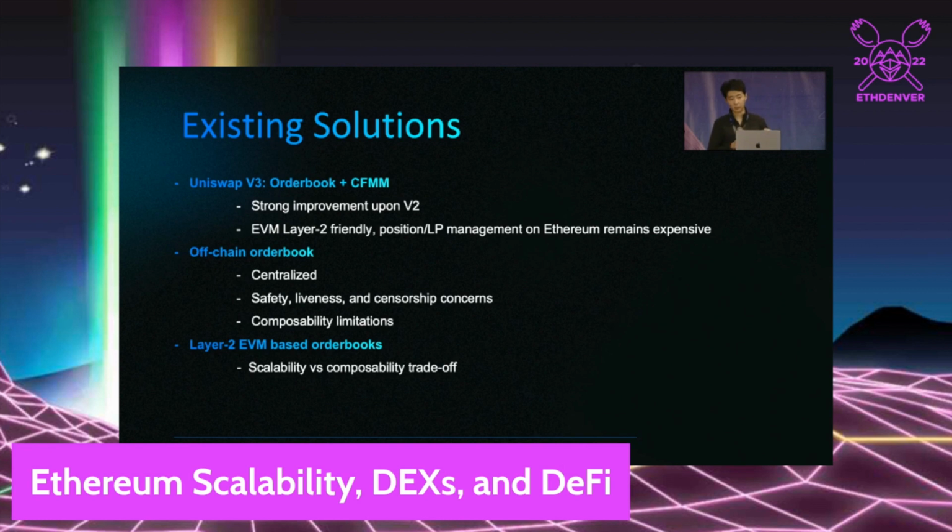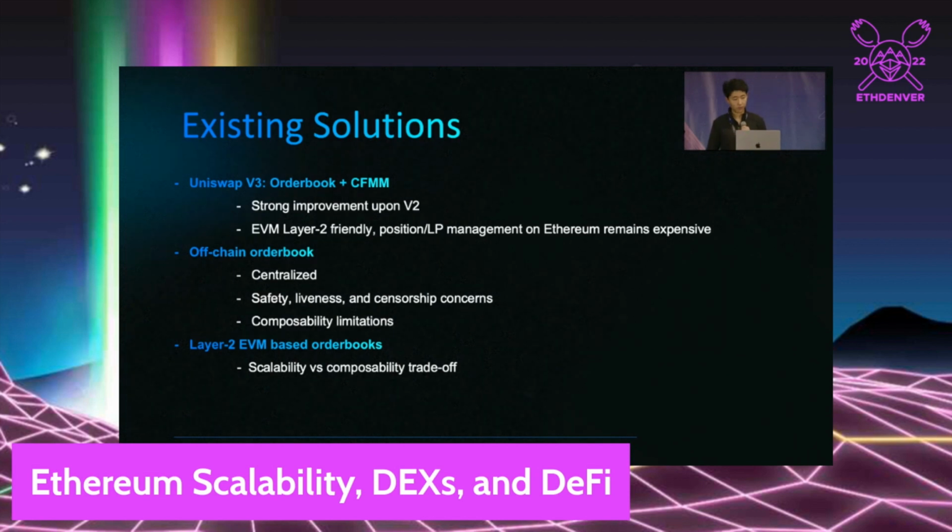And overall, it's extremely EVM layer 2 friendly because first of all, it doesn't have that much liquidity requirements to provide really good slippage. And obviously, in order to effectively LP for these types of pools, it requires quite constant and frequent adjustment of these positions on top of Uniswap V3. So on Ethereum, it is somewhat expensive and quite costly, especially during extreme volatile events. But that being said, really strong improvement.